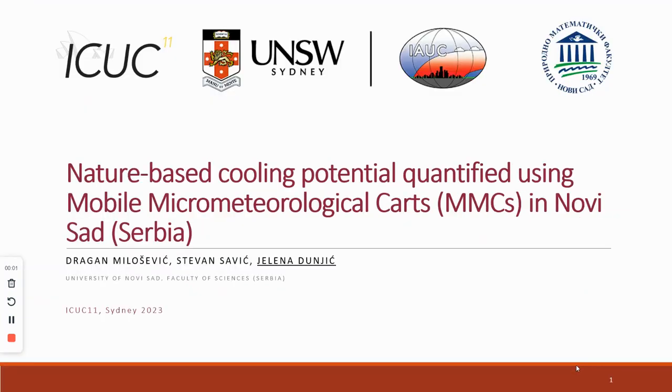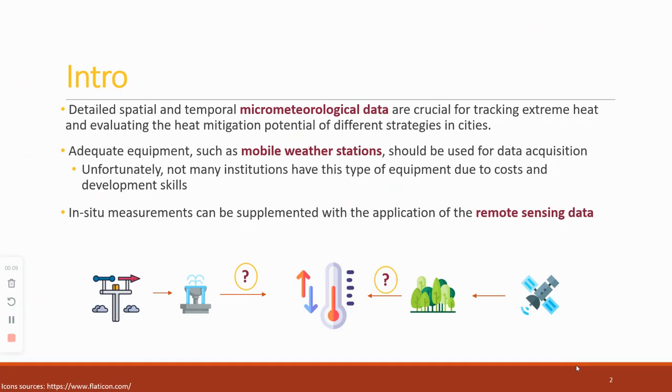Solution, but we also did some comparison of different types of urban surroundings. So, for that purpose, we used micrometeorological data in order to get detailed information in terms of spatial and temporal resolution. And to obtain this kind of meteorological data, we used mobile weather stations. We used two micrometeorological carts that are considered to be state-of-the-art instruments, and they're like a sibling of ASU Marti,